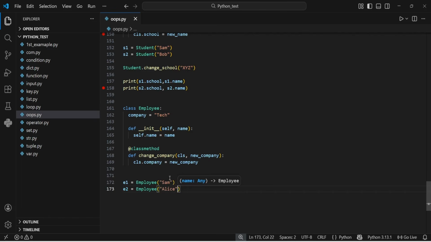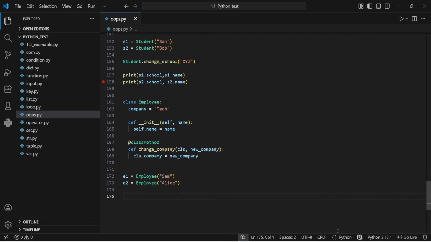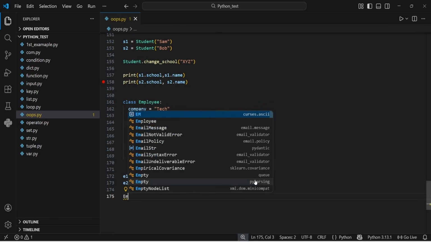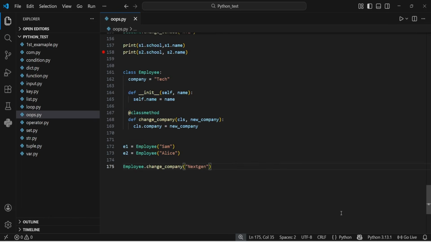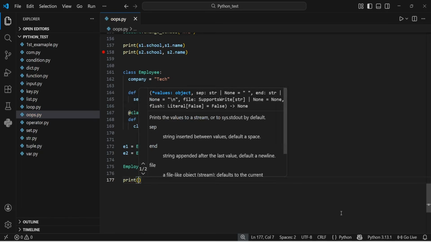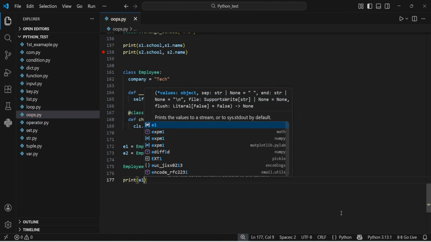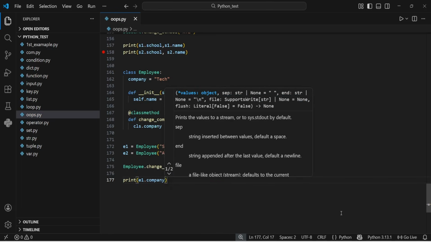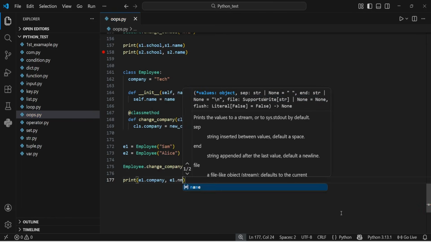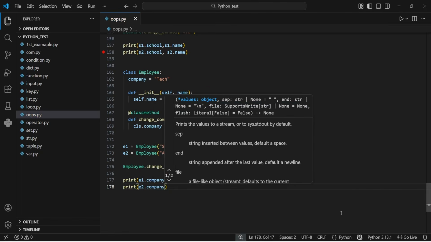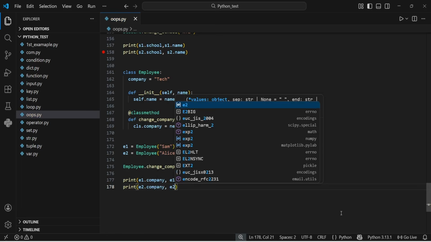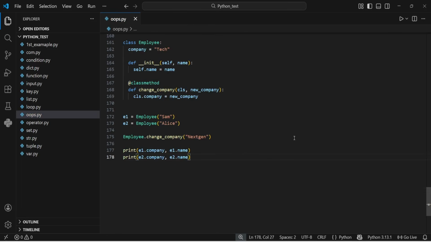Okay, all right. Now I'm updating my company name. I'm calling my class and calling my class method, and here I'm giving my new name. Suppose Next Gen. This is my new company name. Now if I print E1.company and E1.name, and I print E2.company, comma, E2.name. Okay, now if I execute,